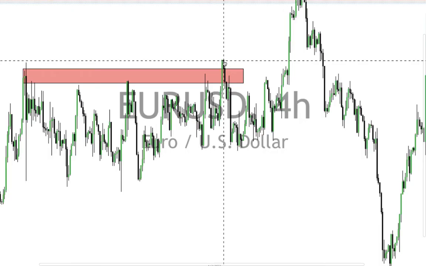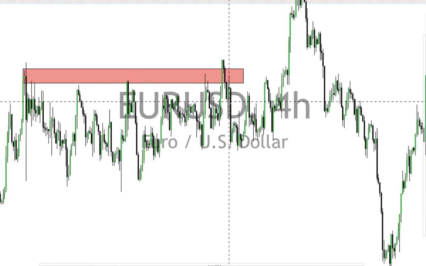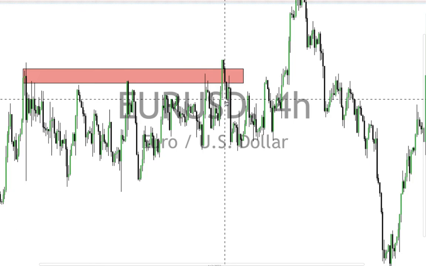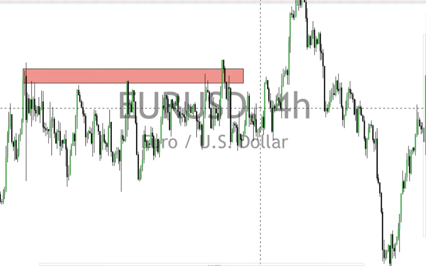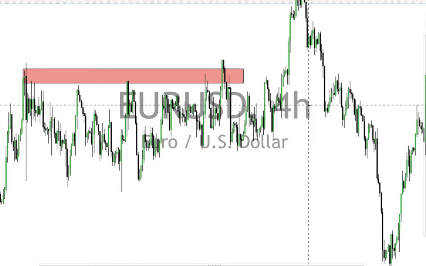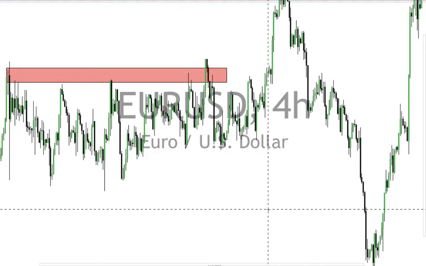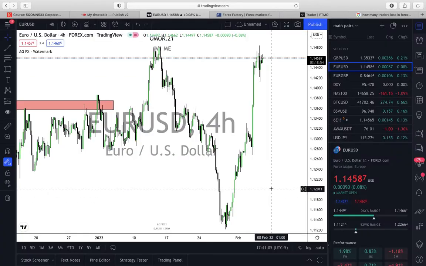What can the large big boys do? Well, people are buying here. Let me sell it to them. They sell it off. This is how the market moves. It goes to an area of liquidity and it will deliver it to another area of liquidity. Yeah, okay. In saying that,